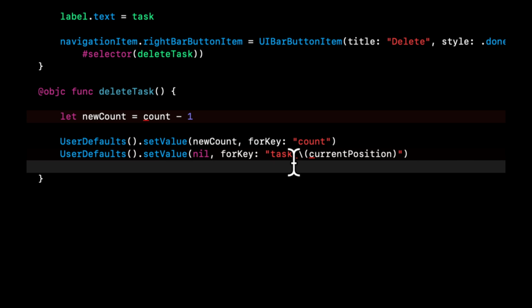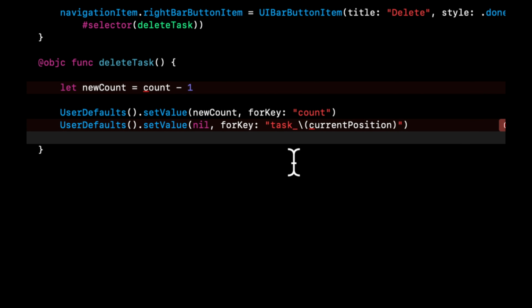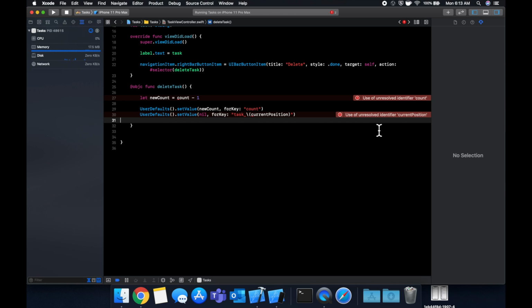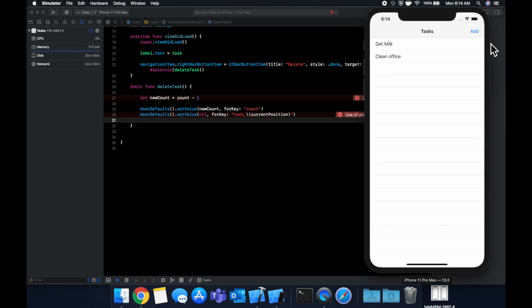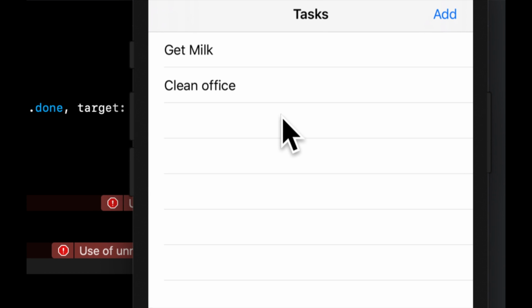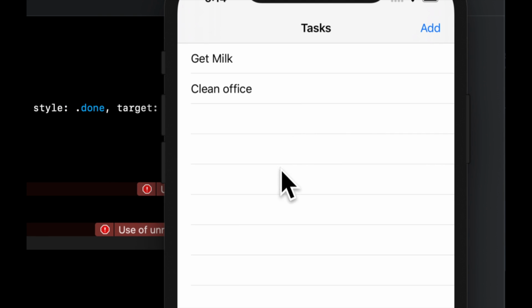And the thing that is a big gotcha for a lot of people is when you're removing a task. So looking at this, when you're removing a task, let's say you have like 10 entries here and you remove one from the middle, you need to shift all of the numbers for the tasks below it, because when you go to list out these tasks in your table view, you're going to have an empty number in the